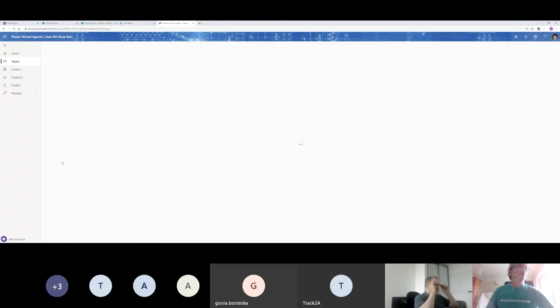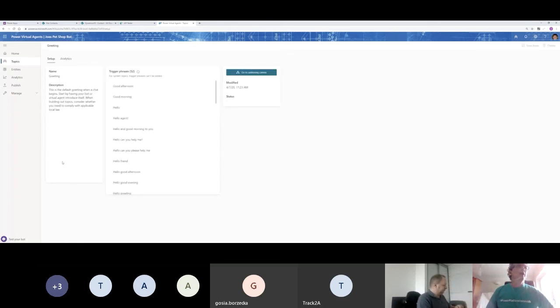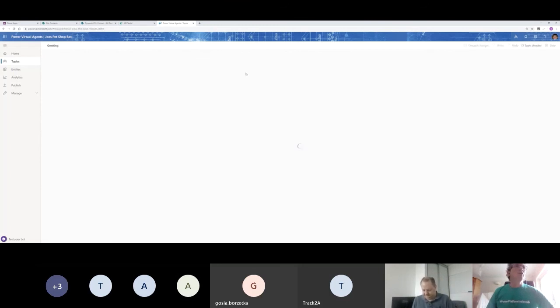If I look at one of those, here we've got the trigger phrases. If this dialogue or conversation is to start, one of these trigger phrases, or based on AI, a version of it, will also trigger it. And if I go to the authoring canvas,